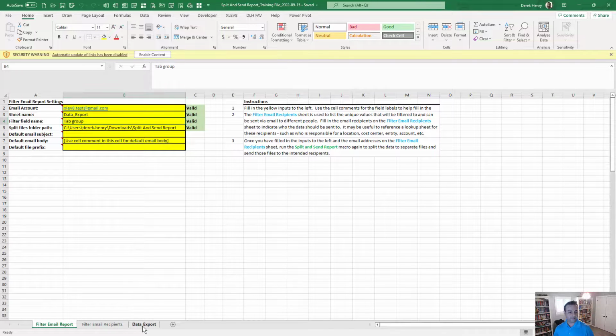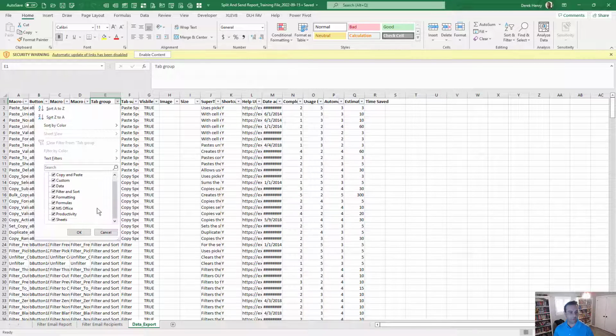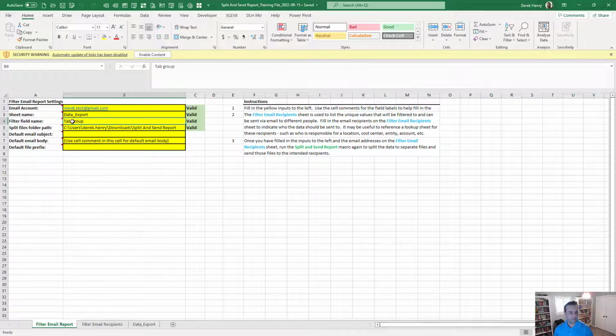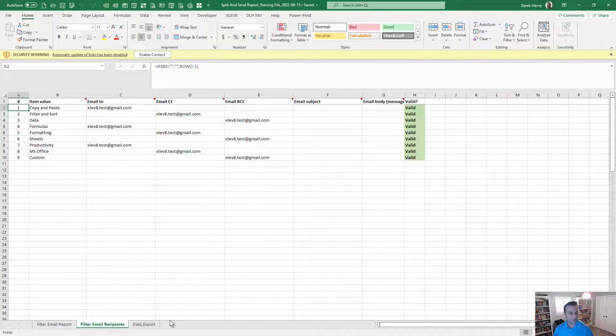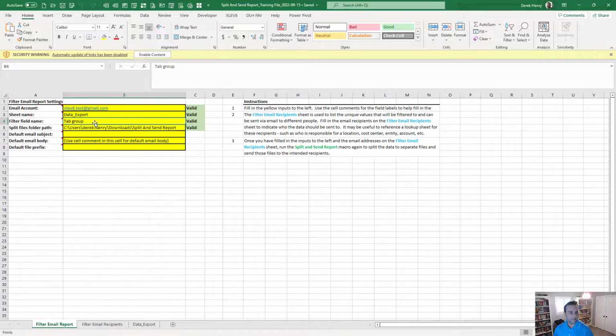So what I've done is I've got this list over here, this sheet called data export. This is just a list of macros that are available in the add-in. If you were to run the listing, this is what you'd see. Notice how it says tab group here. And we have these 9 unique values within that field. If we were to change this and make it subgroup, so let's see, make sure we spell it right. Yeah, subgroup right here. If we were to take that and paste it over here,